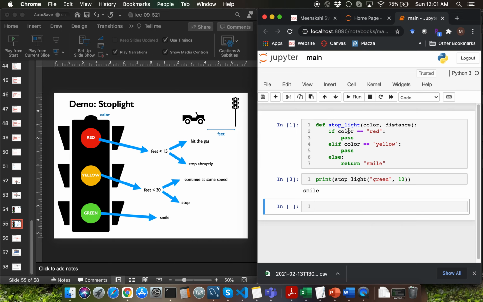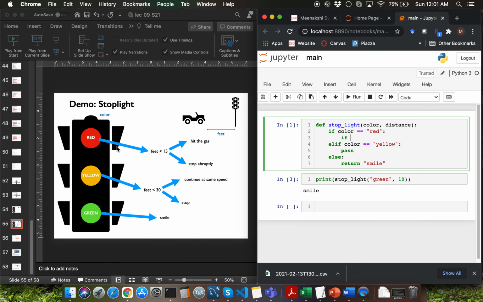Let's go back to the case where the color of the signal is red. We have the outer conditional which is checking for the color of the signal, and then within parts of that conditional, we have additional conditionals which we need to write. So the additional conditionals are nested conditionals. So let me remove the pass keyword from the if block here, and we are going to start typing a new conditional. Why is this a new conditional? That's because we have a nested conditional here.